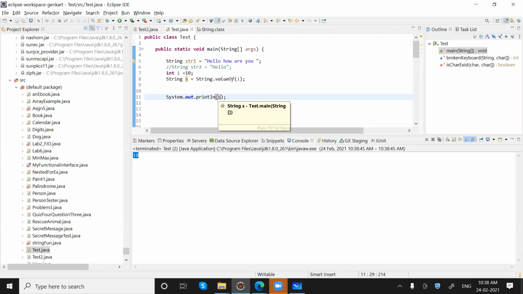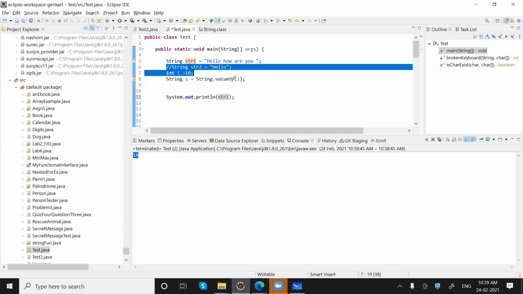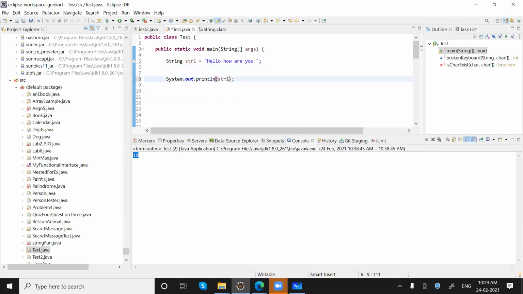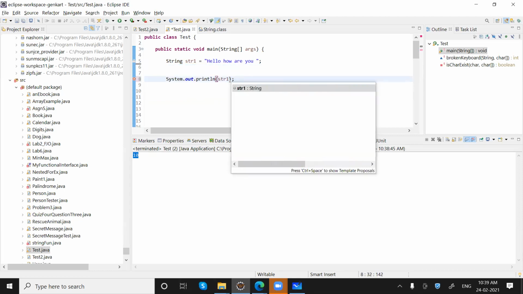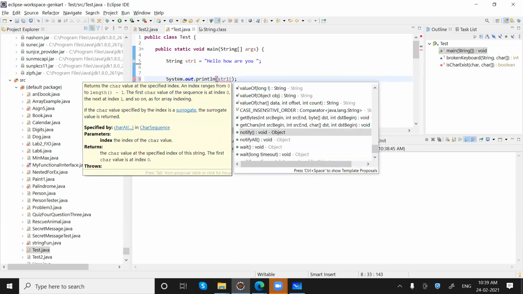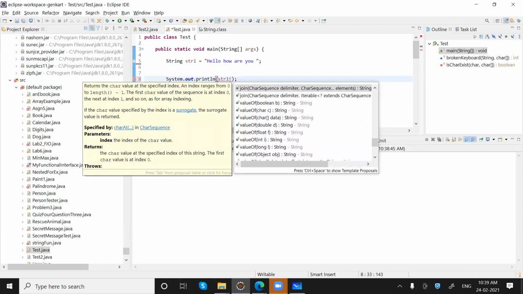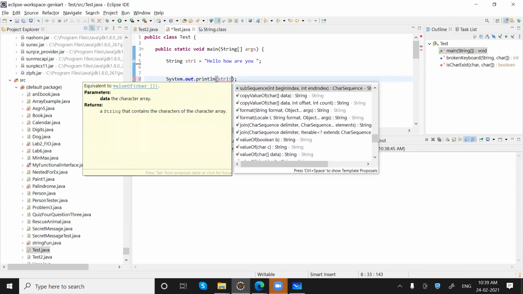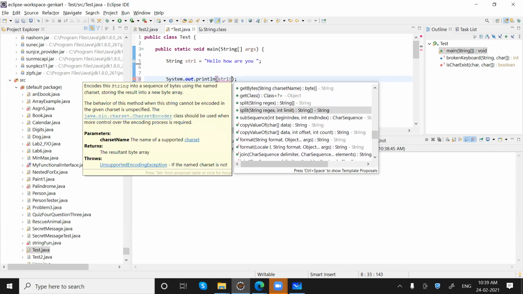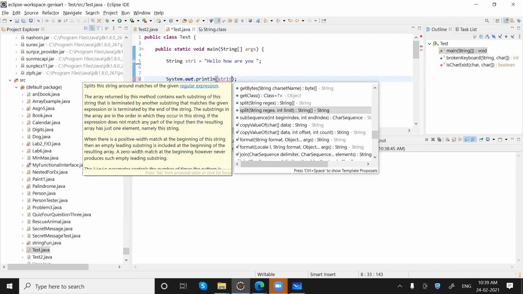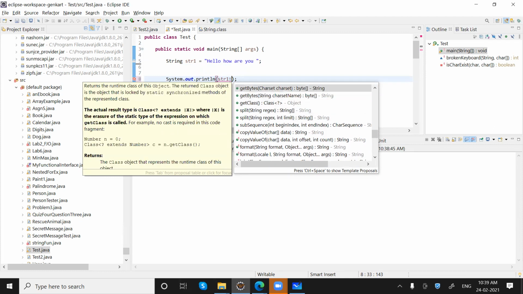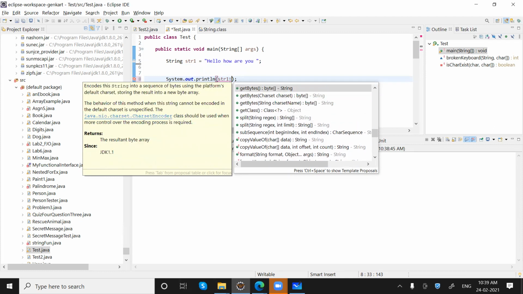Then we have other methods too, like str1 dot, we have seen valueOf, split, we have seen. Okay, we have getBytes.